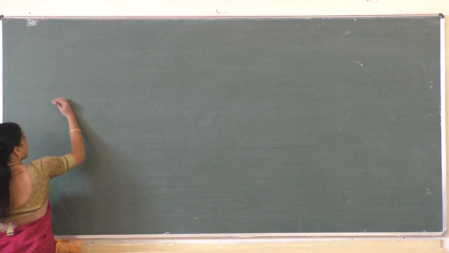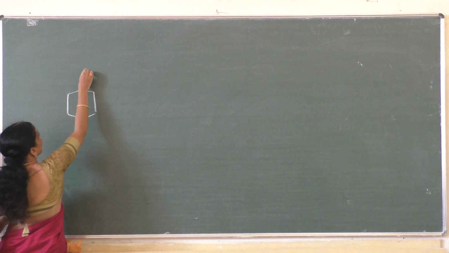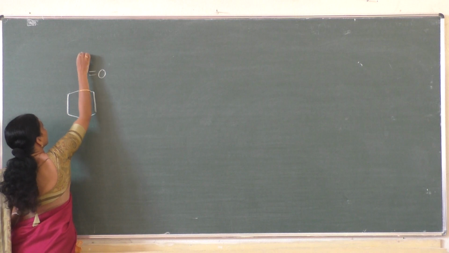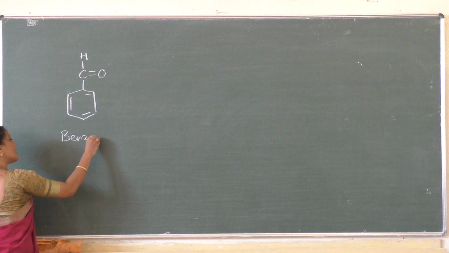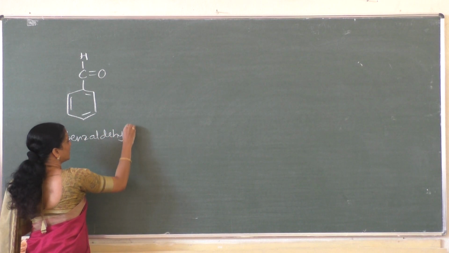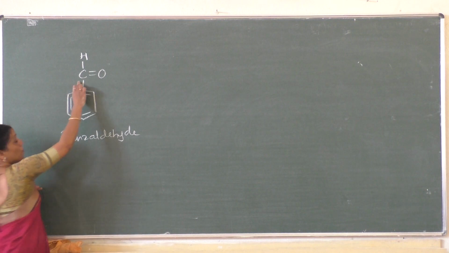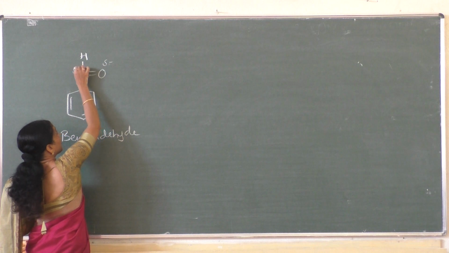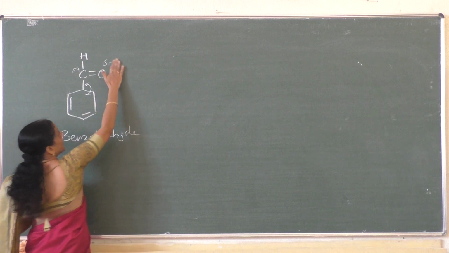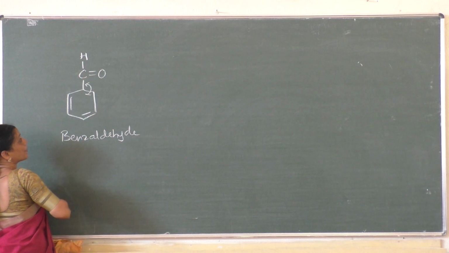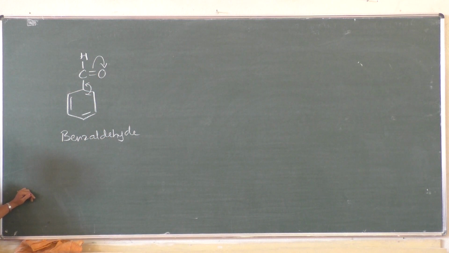See, benzaldehyde we are writing here. Benzene ring. Here C double bond O and H. Let us complete the valency here. This compound is what? Benzaldehyde. Aromatic aldehyde, this is called a benzaldehyde. The C=O bond is highly polar, partial negative, partial positive. Because of this, shift takes place. Okay. Now once this shift takes place, what happens here? Complete shift of the pi bond takes place, pi electrons go to the oxygen atom.